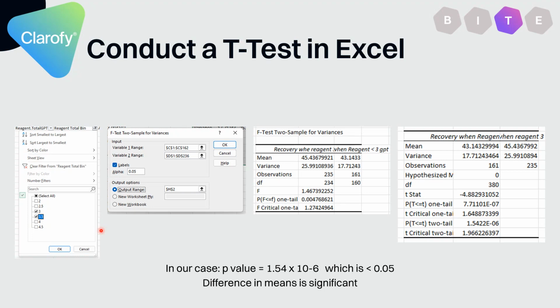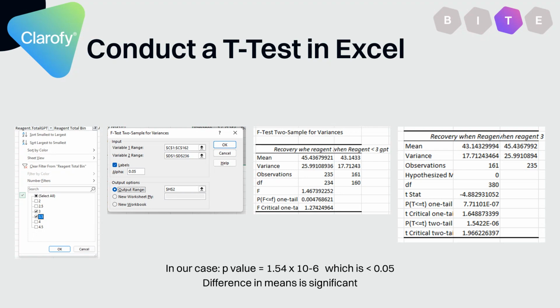So you copy those 2 things into a new tab. Don't forget to label the columns. And then you go to your Analytics Toolpack add-in. I'm not sure if you guys are familiar with Analytics Toolpack. It's quite handy. It's included in Excel. I don't think you have to download it or anything. It should be just available in your add-ins. It's a tick box. But if you're having any issues with it, I think, Jacob, you might have a link, just like an Excel link or something to either download it or look up help on it.